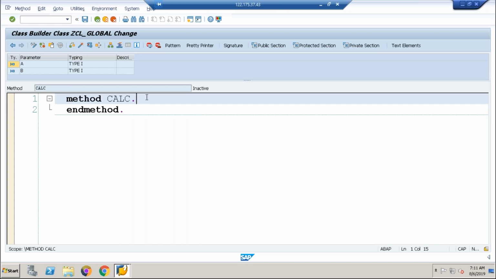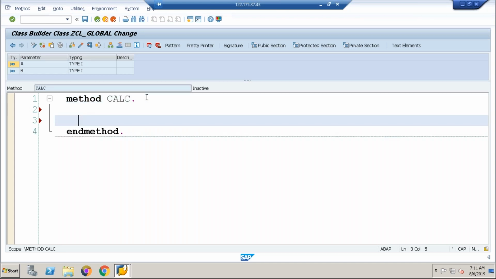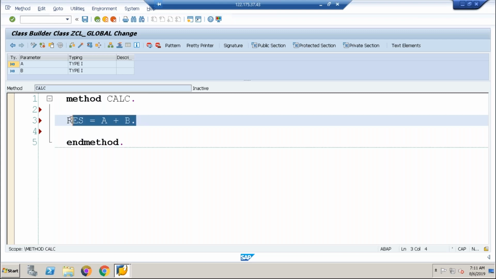Very easy coding. Here write the code: result is equal to A plus B. Because res is an attribute, and A and B are importing parameters.